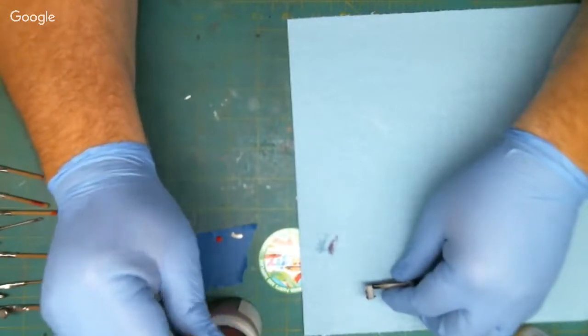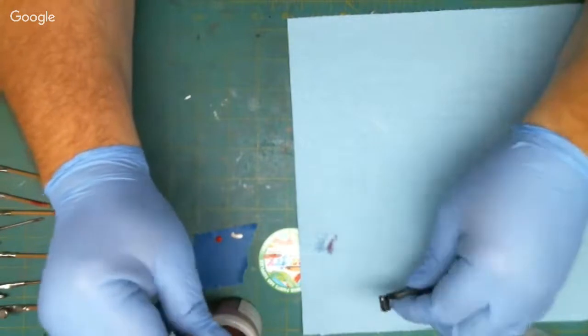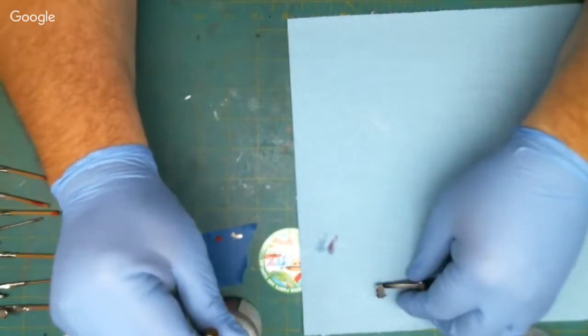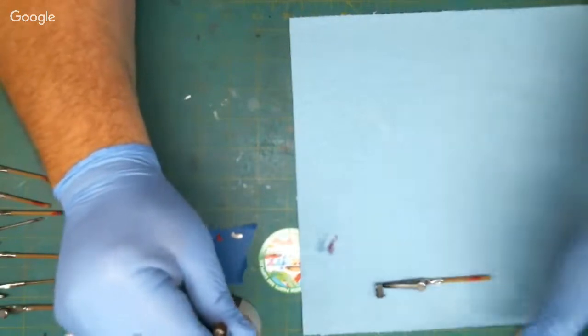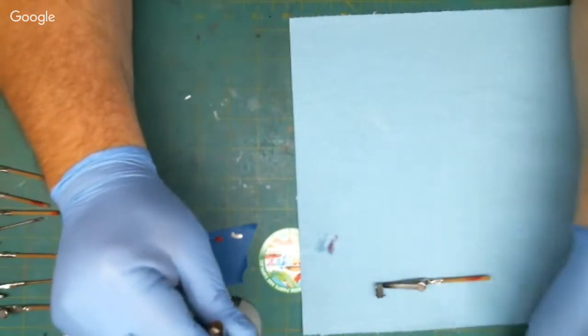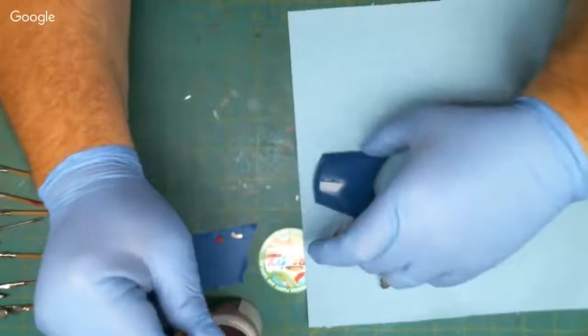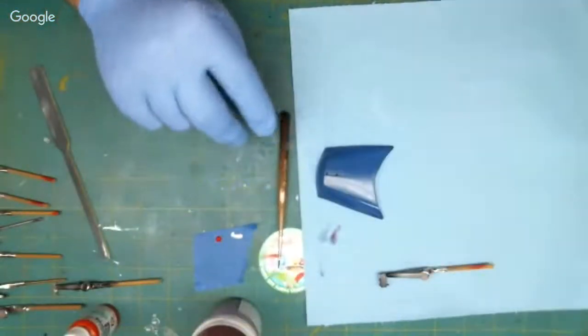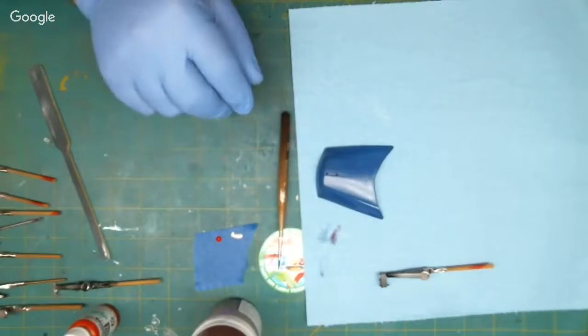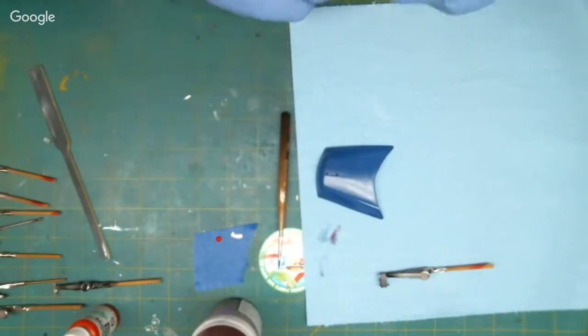Alright. Yeah, I got a little bit of touch up on the silver to do there, and then the battery will be done. And I still have to respray the hood with clear. I messed the hood up. I sprayed it with the gravity matte clear. Then I sanded it and,